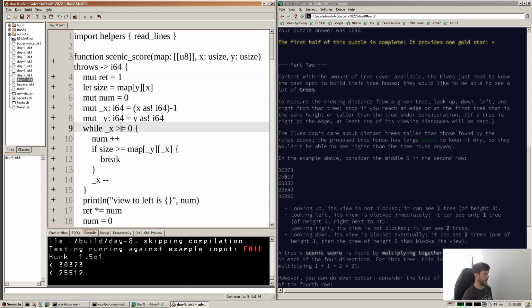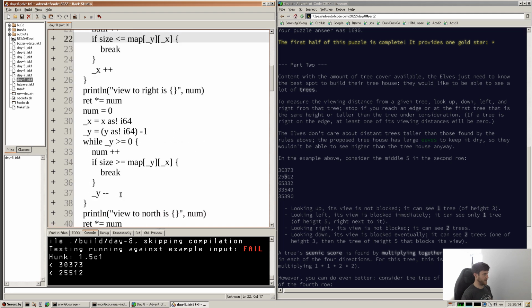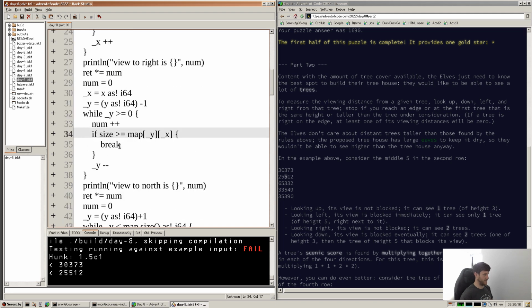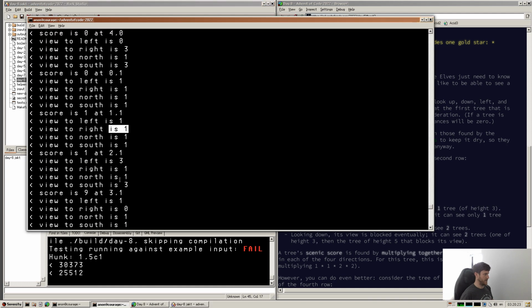So I think what we need to do is, if our size is smaller than or equal to the map size, so that and that and that, and it was 4, yep. Right, so now we